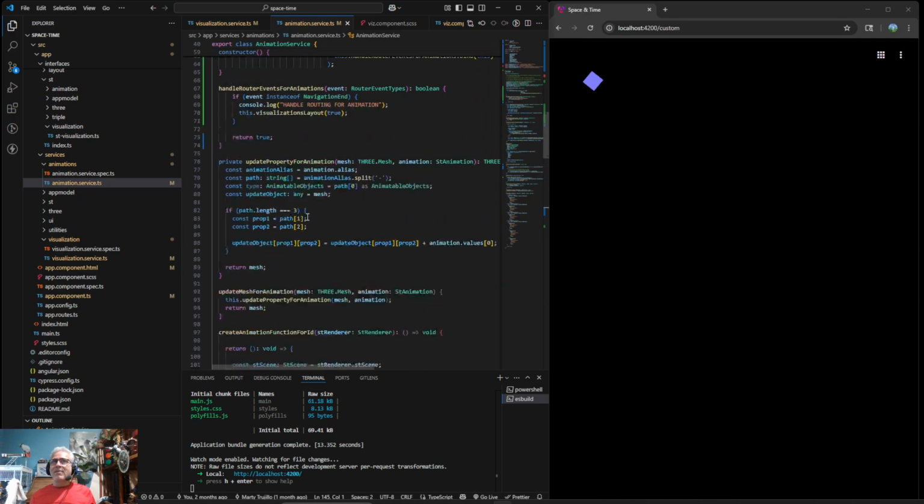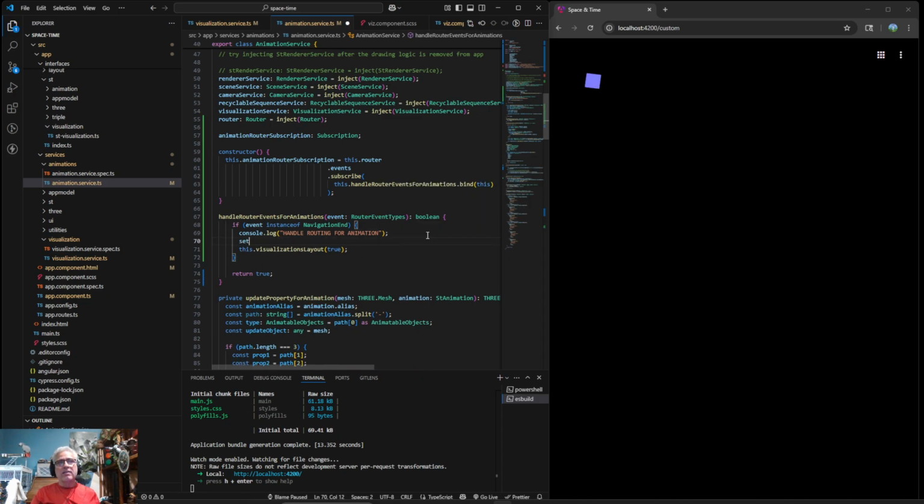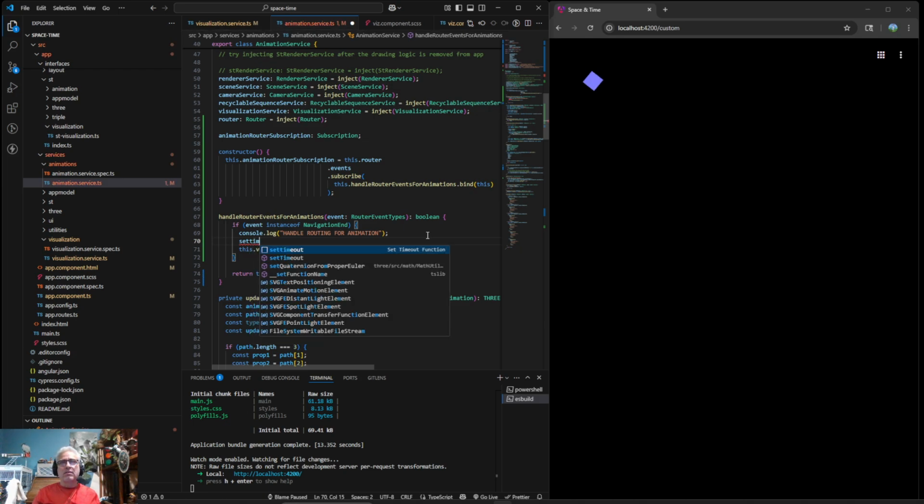And of course, the last time we validated a story, it wasn't enough. But I think the easiest way to validate the story would be to add a delay. So we're going to do setTimeout.